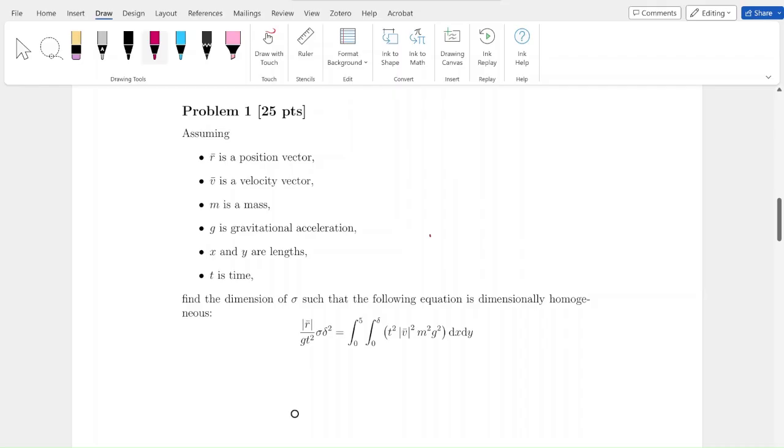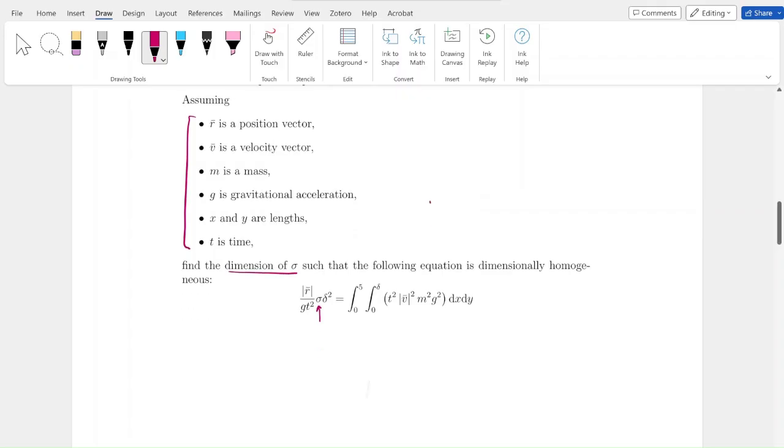So the first thing is to look at the information we're given. So we have all this information about some of the terms in this expression. And we want to find the dimension of sigma, I think it's sigma, such that the following equation is dimensionally homogeneous. So I want to find the dimension of this term. So the first thing is we should take a look at our expression here that we have been given, and